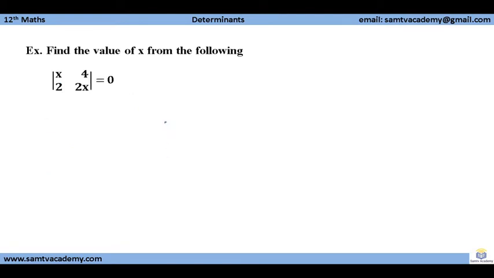Like this we will solve this another question. So here I want to say, don't get confused with the matrix. It is not a matrix. So we have to first find the determinant and then equate with 0. Don't take it as a